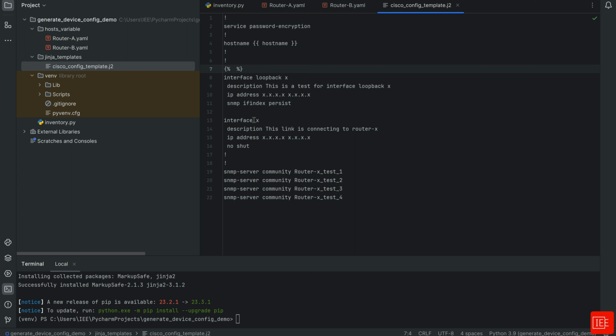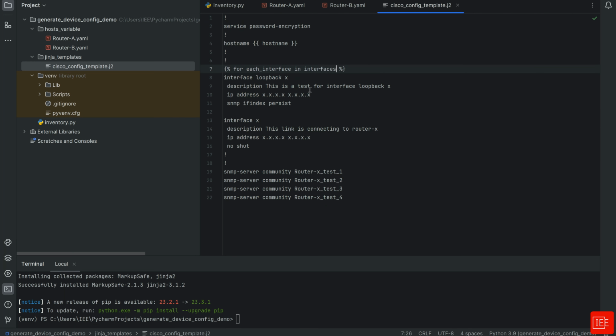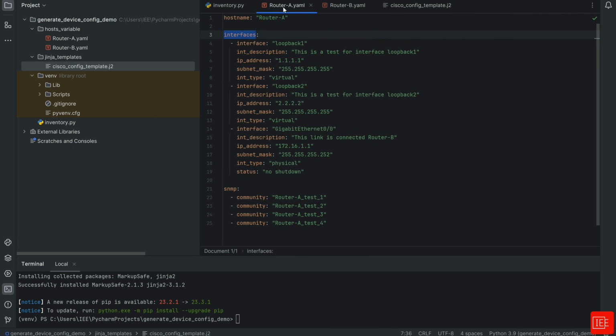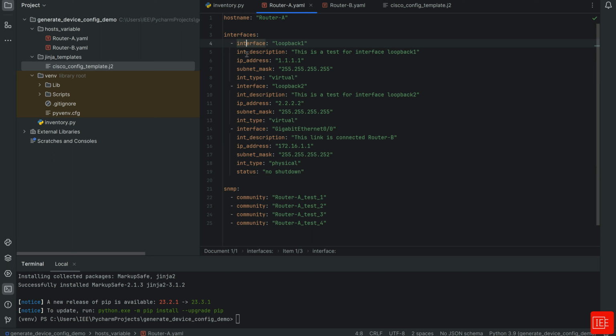And inside we are going to say for, and here you just create a local variable, and that could be any local variable. So I'm going to say for each underscore interface in interfaces. So we would need to get this variable, and we're going to put that in there. And what we're doing, we are saying for each interface in the YAML file in this list, what we need is we need to specify the interface ID, the interface description, the IP address, the subnet mask, the interface type,